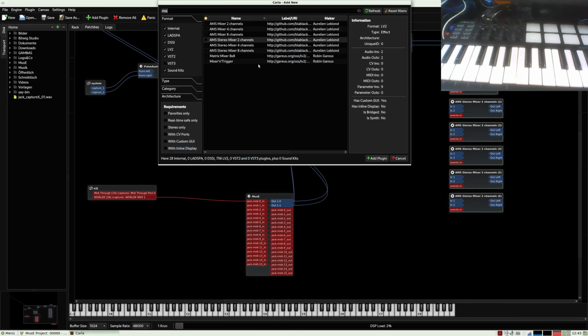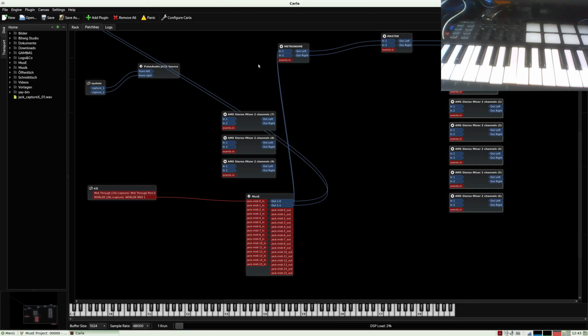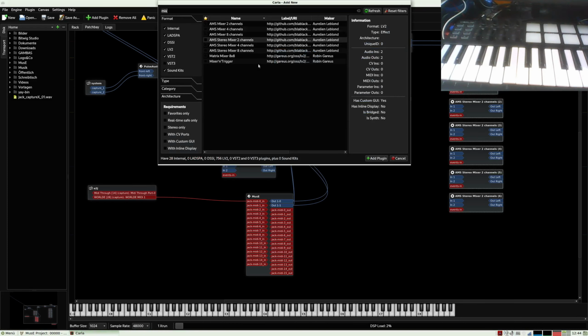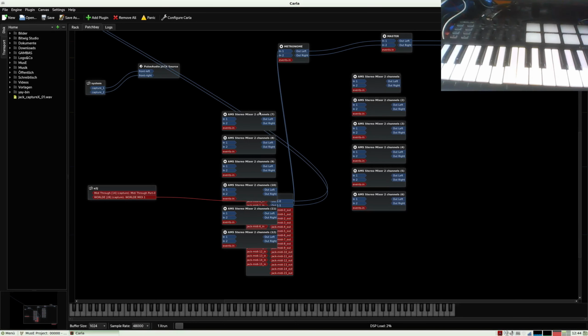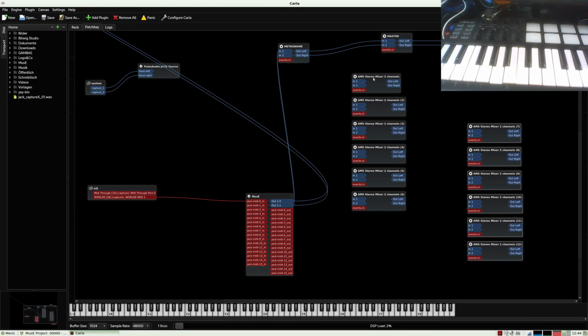I need 3 more. So now I have these and these here, and now we give them names. We name this Synth 1 main.